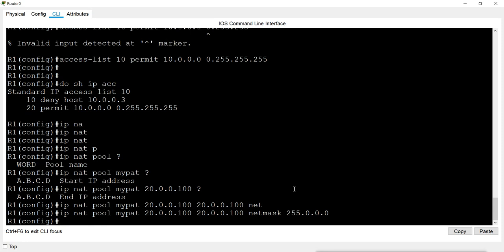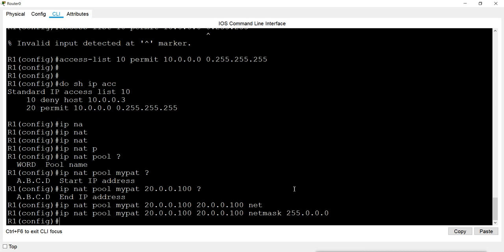Done. Till now it is the same configuration as dynamic NAT. We created the access list, then we created the pool. The only difference is that in the pool we have only one IP. Then we will use the mapping.